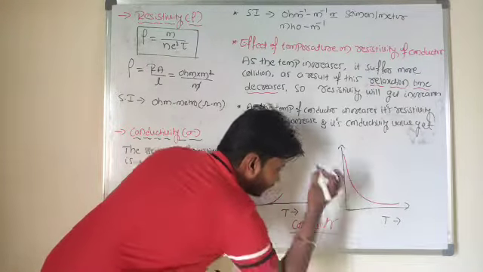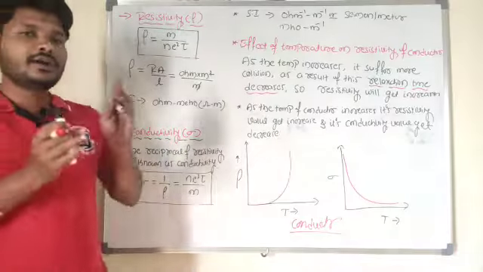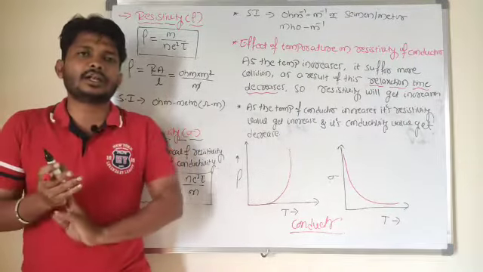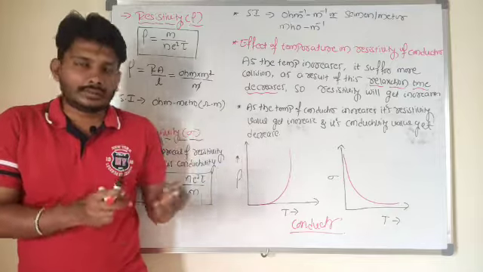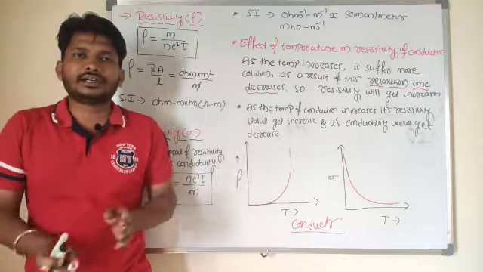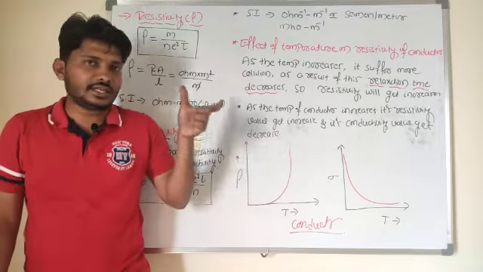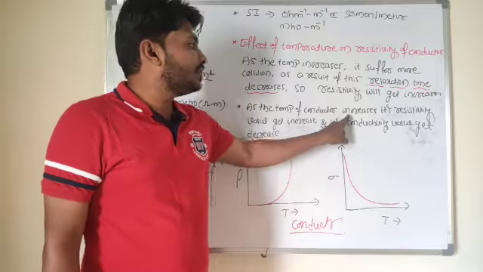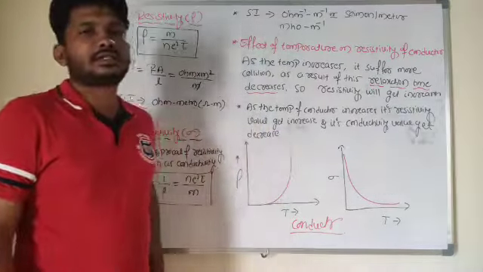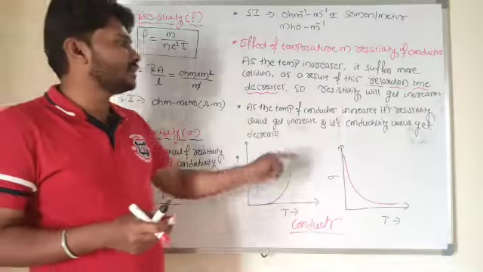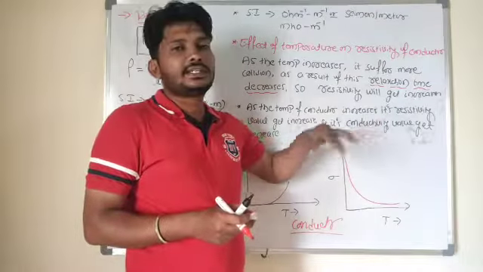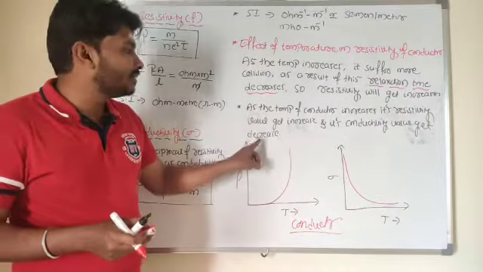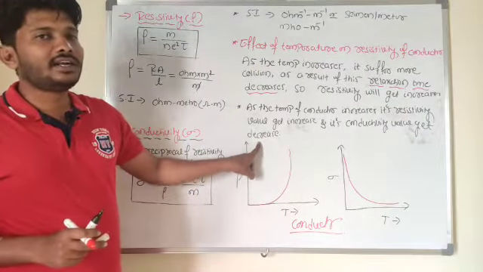of a conducting material. Then instead of conductors, if I choose a semiconductor, we will study semiconductors in detail in the upcoming days. So I will just take the example of a semiconductor. In the case of conductors, I said that as the temperature of the conductor increases, its resistivity also increases. Because of the increase in resistivity, the conductivity value will decrease.